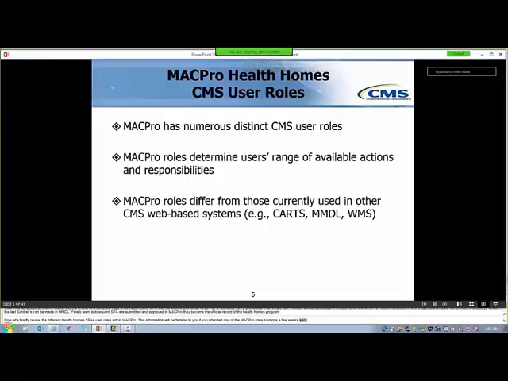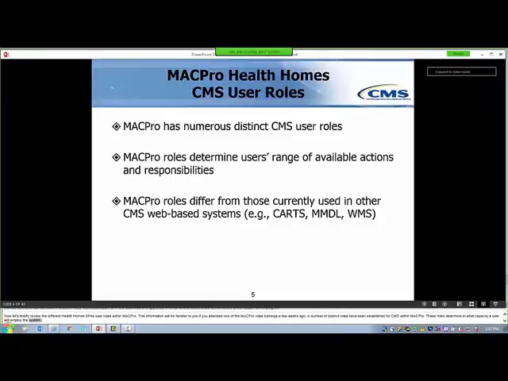These roles determine in what capacity a user will employ the system. It's important to note that the user roles in MacPro differ from those that are used in CMS's other web-based systems, and in some applications, this is the first time that there are roles. Let's discuss the roles and recommendations for who should hold each type of role.